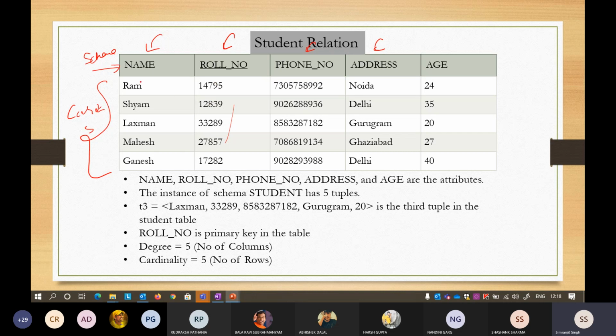Okay. So degree here, what is the degree of this table? 1, 2, 3, 4, 5 columns. So the degree of the table is 5. Okay. Cardinality is also 5, depends on the number of the rows. Okay. So